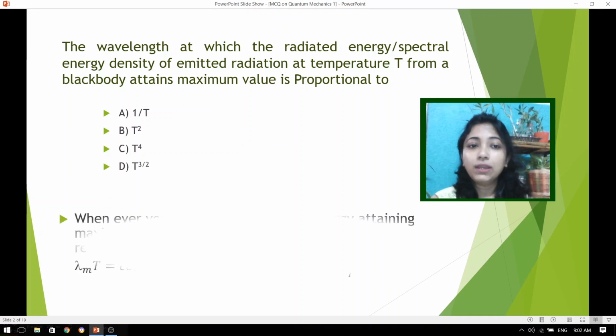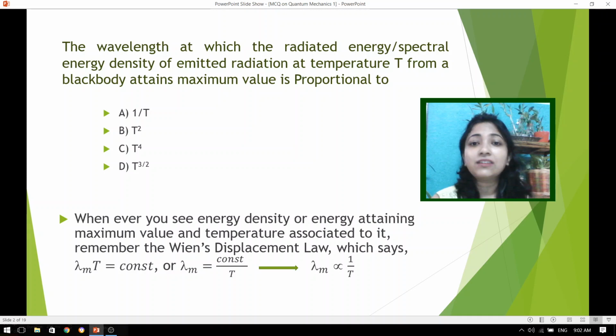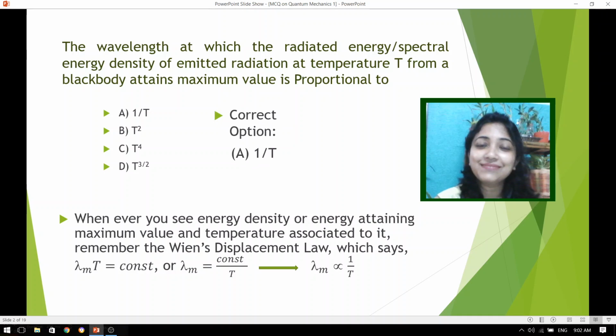Now, reminding all of you that whenever you come across a question where energy density or energy attaining maximum value has been mentioned, and the temperature is also mentioned, remember we are talking about Wien's displacement law, which says lambda m T is equal to constant. So very easily we can find this lambda m as the constant divided by the temperature, which means that lambda m is proportional to 1 by T, or it is inversely proportional to the temperature of the black body. And hence we can readily choose option A as our correct option. Moving forward,